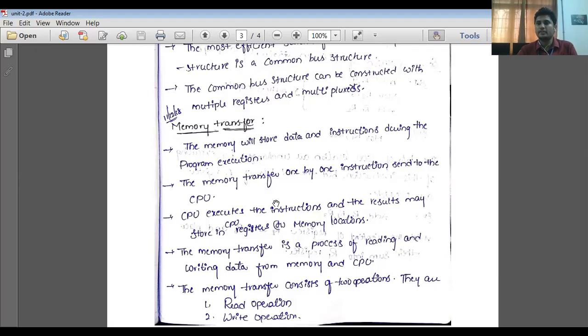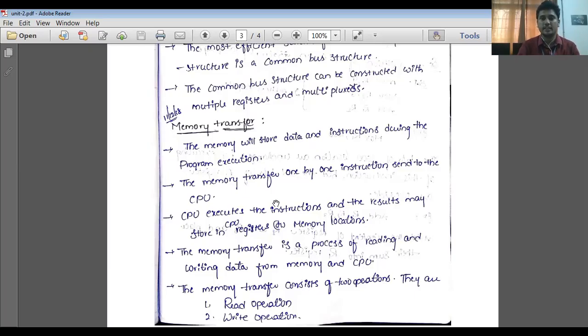The second step is, at the time of execution, data first moves from either the input device or the secondary memory to the primary memory, that is RAM. From there, data moves to the CPU, nothing but the processor. There the ALU executes the operations that we discussed in the earlier video on the basic operational concept of data transferred between processor and memory.